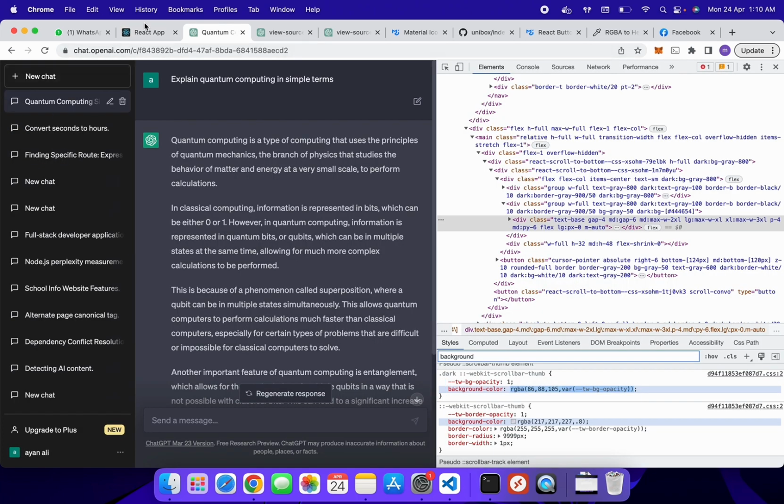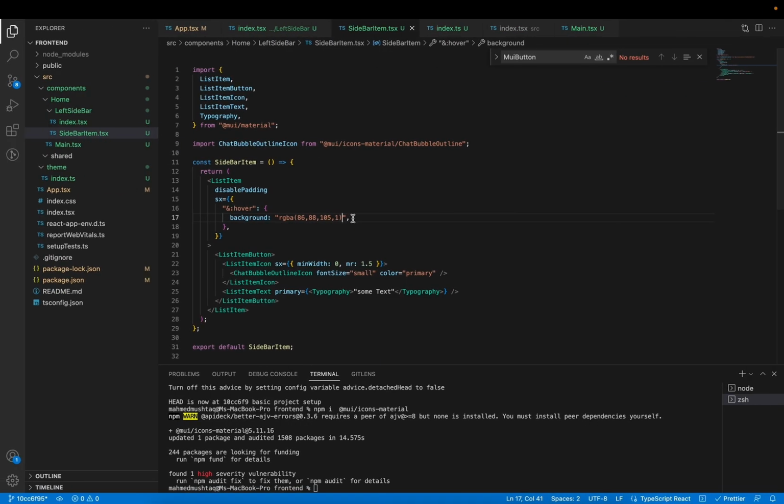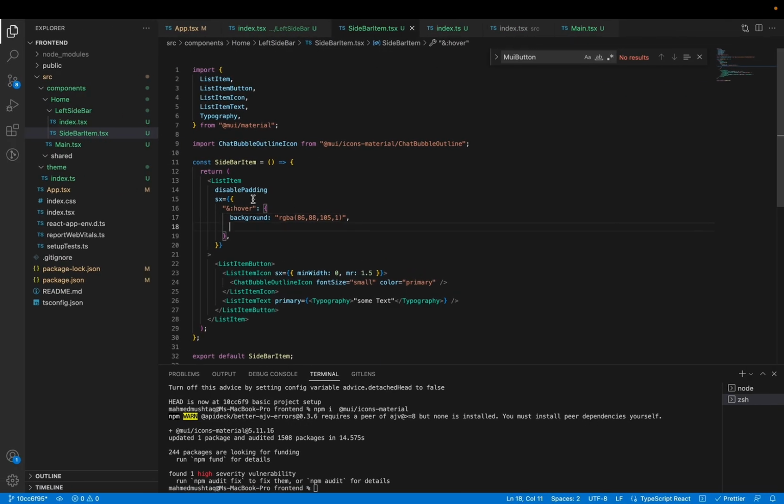Add some border radius. Border radius, let's suppose 1. I think 1 will be good. Okay,